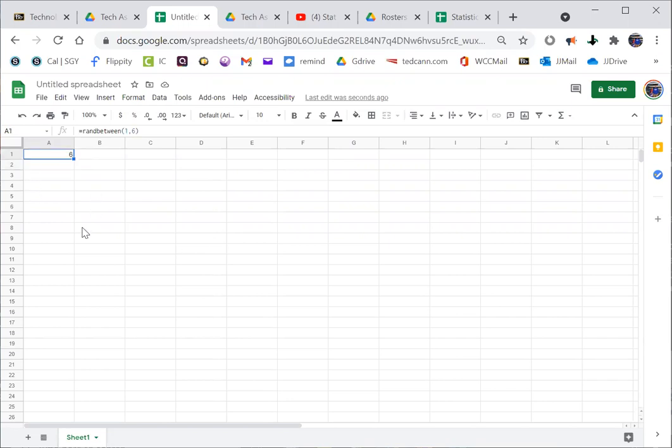And so all you'd have to do is copy, so Control C or Command C, depending on which device you're using. Highlight down to 500. Almost there. And then Command V, Control V, whatever. You could also drag that lower corner. It works better on Excel if you do that. If you were to just drag that down,